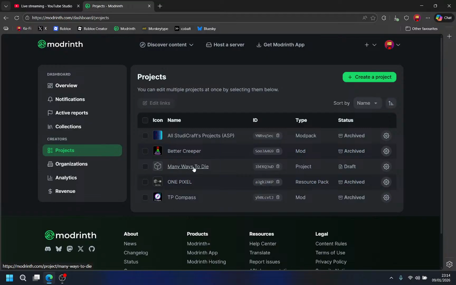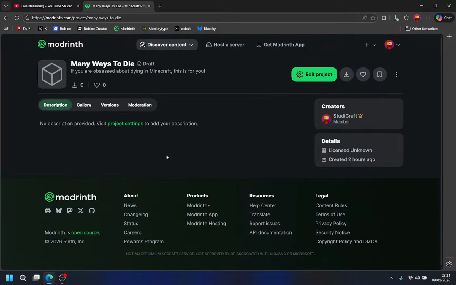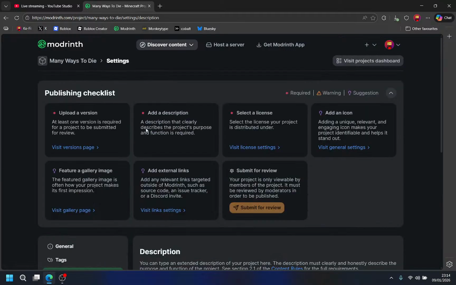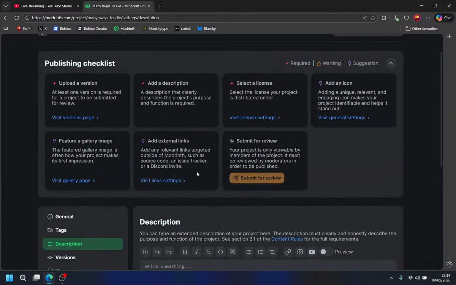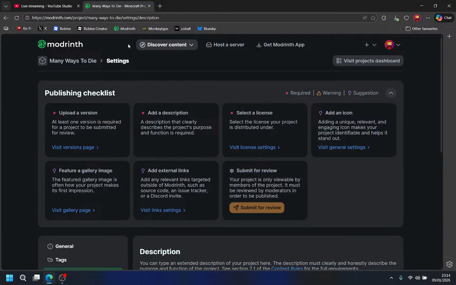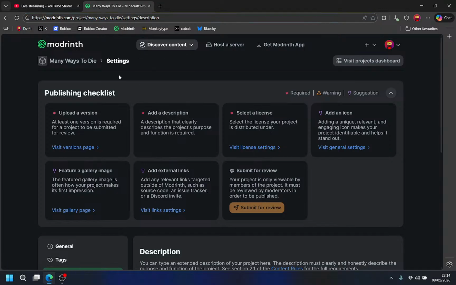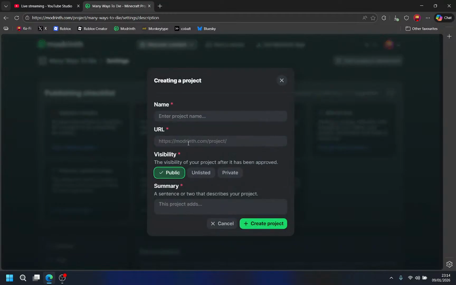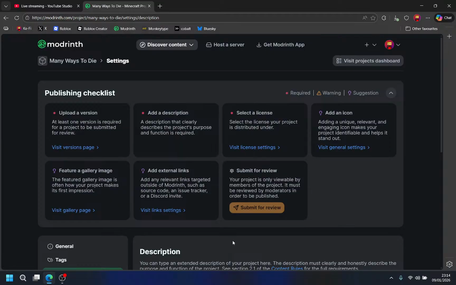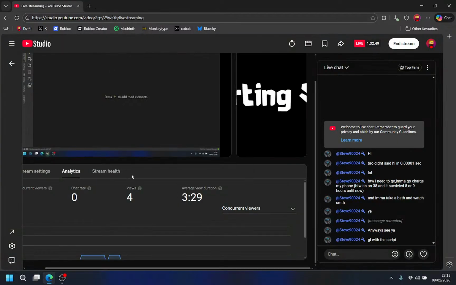As you can see, there are many ways to die here. And I never configured it. I just created it with the ID, the name, the public thing, the license, and that's it. And not even the license actually. When you create new projects, I did this visibility summary, and that's it. I did nothing else.